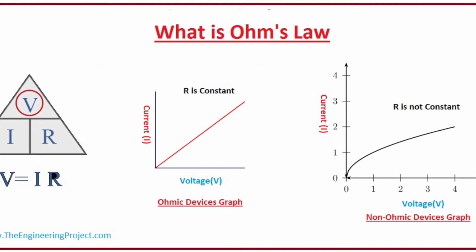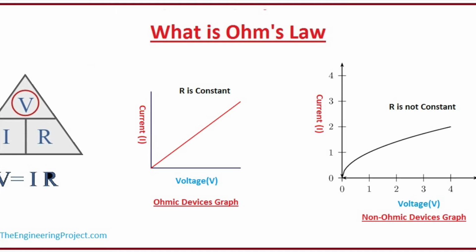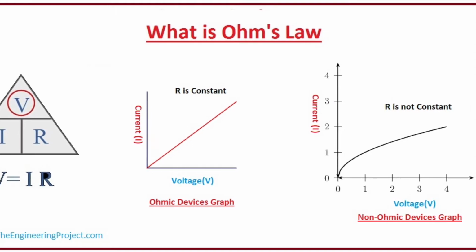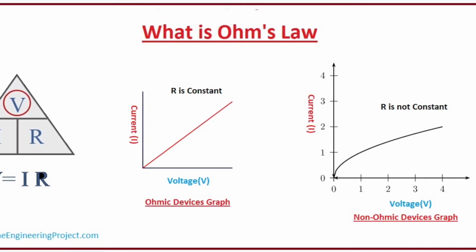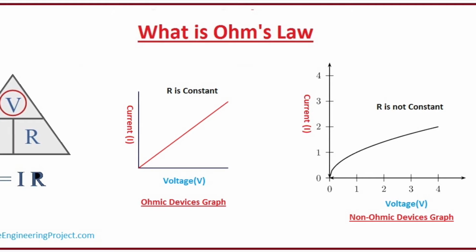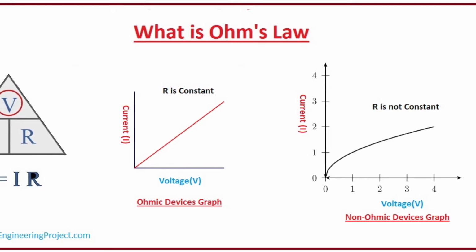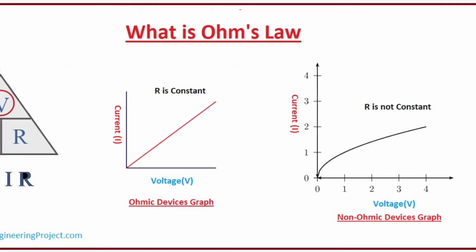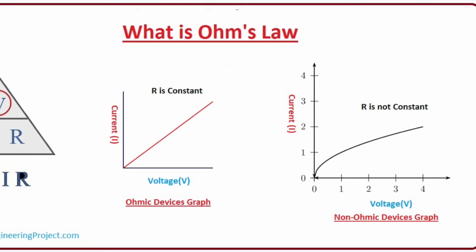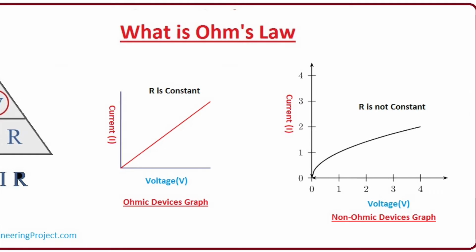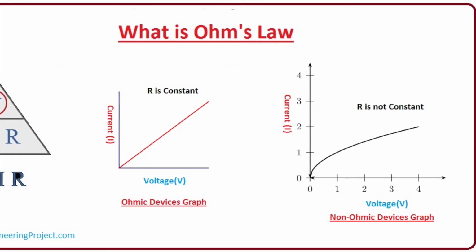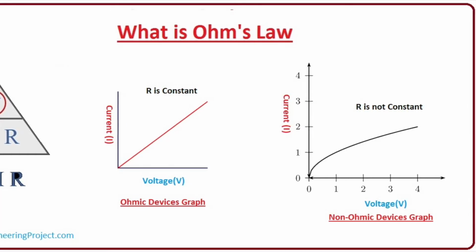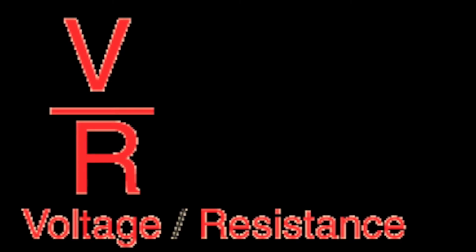As you can see in the image, in this equation, the constant of proportionality is R, the resistance, which has the unit of ohms with the symbol mentioned above. The same formula can be written as I equals V upon R, or R equals V upon I. Ohm's law holds true only if the temperature and the other physical factors remain constant.